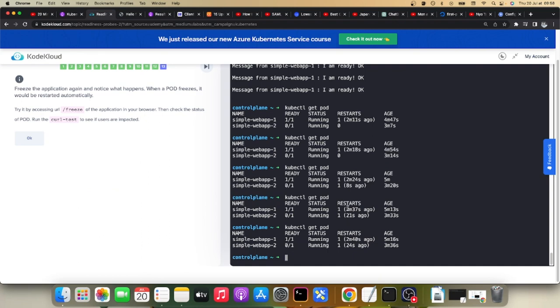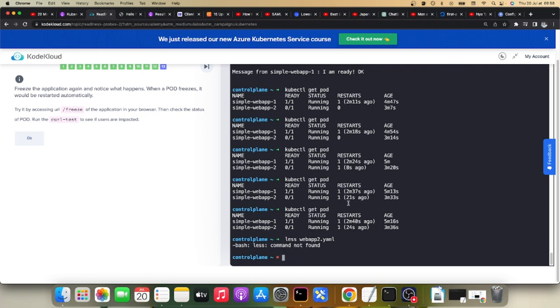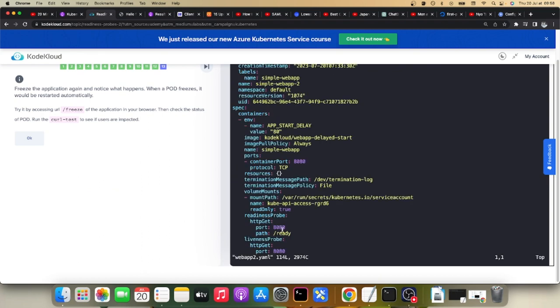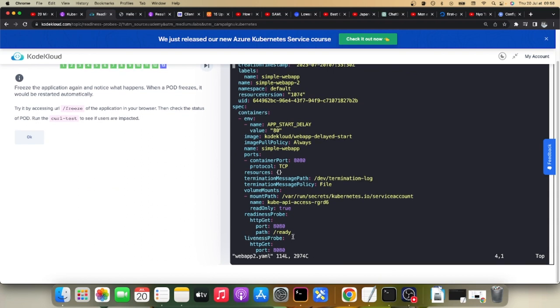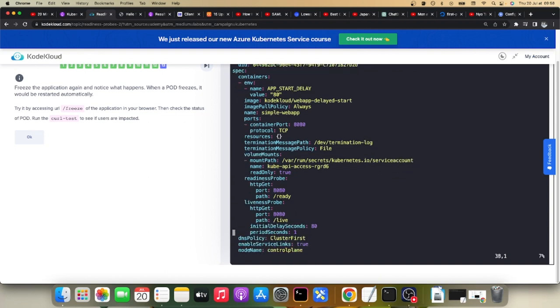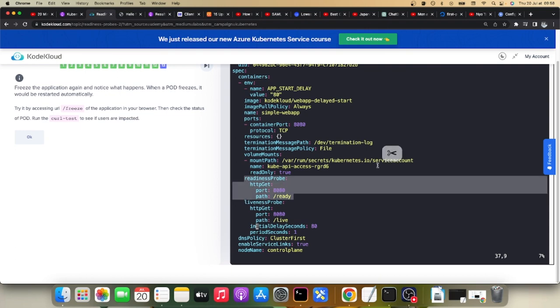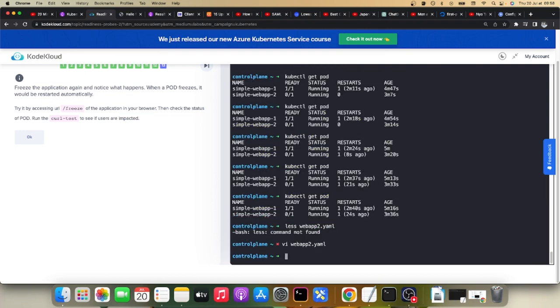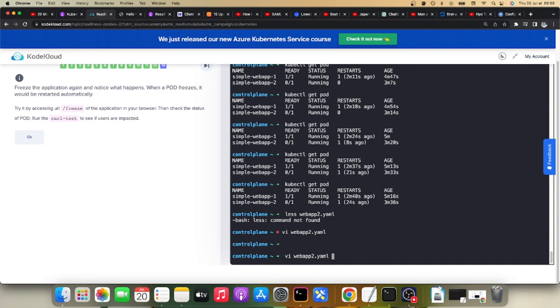Remember, I have to wait for 80 seconds according to, let's open the file. It's not even 80, we did not even configure the initial delay inside the readiness. But anyway, we configured